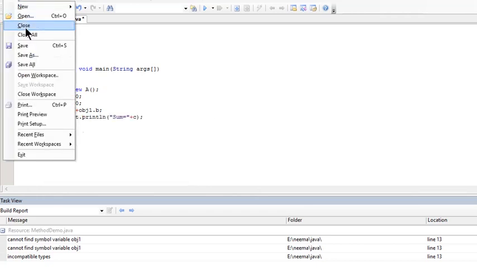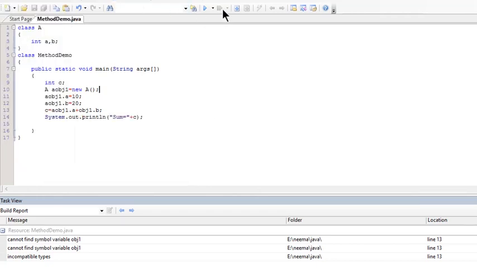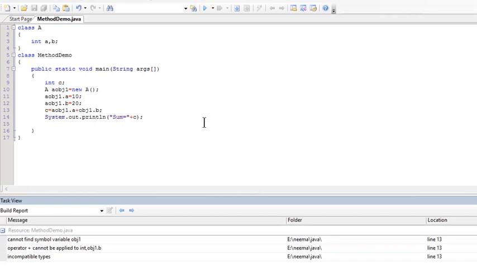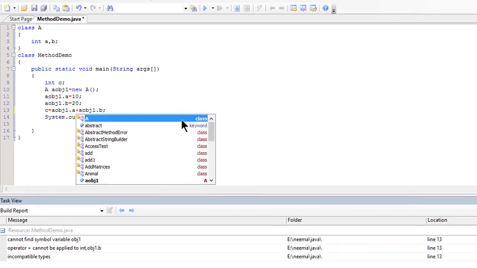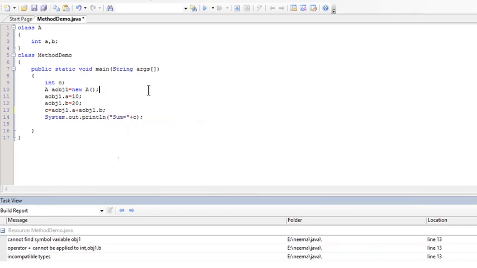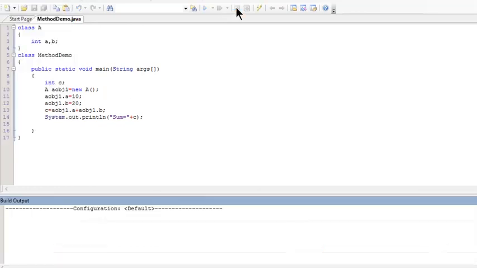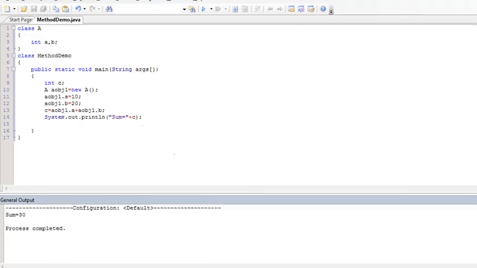We'll save the program again, compile. Here also aobj1. Save it again, compile. Now we'll execute the program. We got the output, sum is equal to 30. So 10 and 20 are added and we got the output 30.